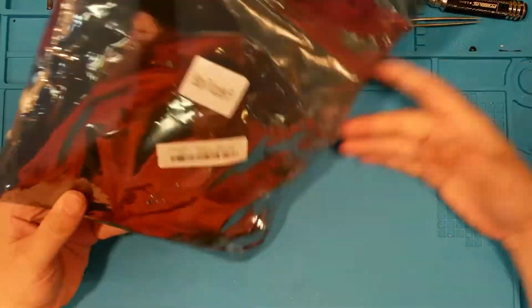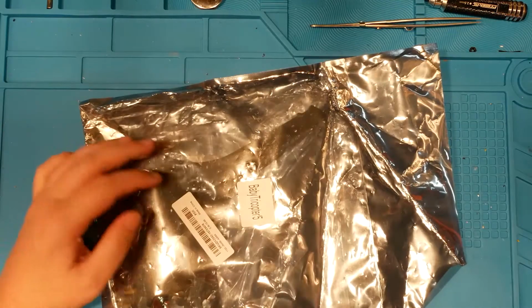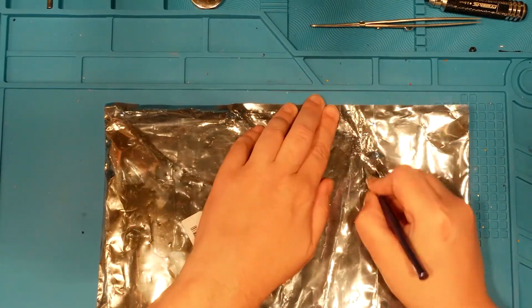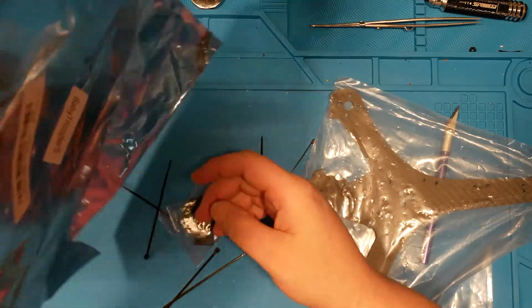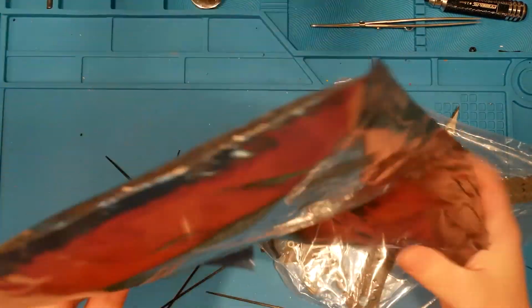Banggood bargain. It's called a Baby Tricopter 5. So I'm guessing if you go to Banggood or Google and say, show me all the tricopters, you'll come across a couple, and one of them will probably be this one. There's actually,